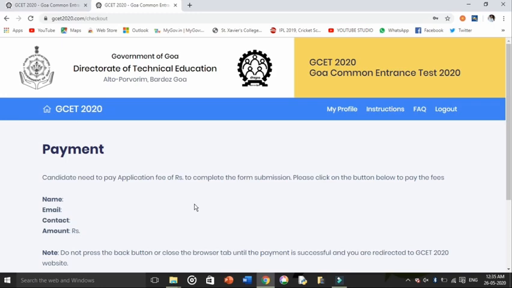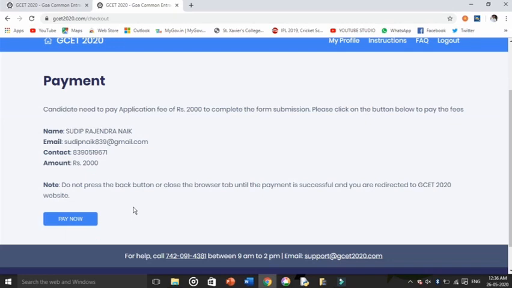payment section. Here in the payment section, this is going to be the interface. This takes a little longer, that's why I've put this slide showing that it is not coming for a little while. It takes a little longer for your name and email to come, so don't panic if it doesn't come as soon as this page opens. After a little bit of time your details will come here, along with the amount. Then you have to click on pay now.